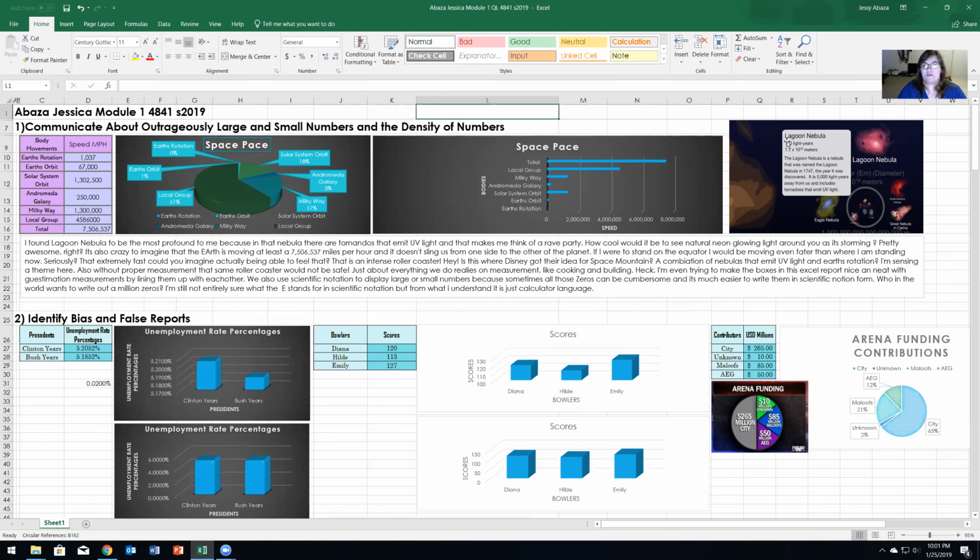I found the Lagoon Nebula to be my favorite, and in this little information here, you can see that it is 110 light years away. That is really far out there, guys. That's way past the Milky Way. I would say it's in this local group here. And the coolest thing about this Lagoon Nebula is